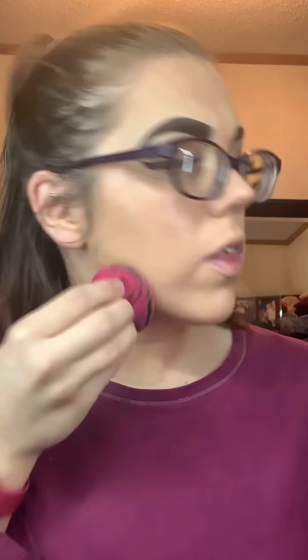Because it looks a little crazy, but once I add all my other products, I think it'll turn out well. But I mean, you really don't see the difference from one side to the other. Yeah, I don't know. Really, to be totally honest, I like this one a little bit better. I feel like it's a little softer, but they're both not near as bouncy as I would like them to be. So that's kind of where I'm at. But, you know, maybe they need to be broken in. So we're definitely going to give them a few more shots and see where we're at. So let's go